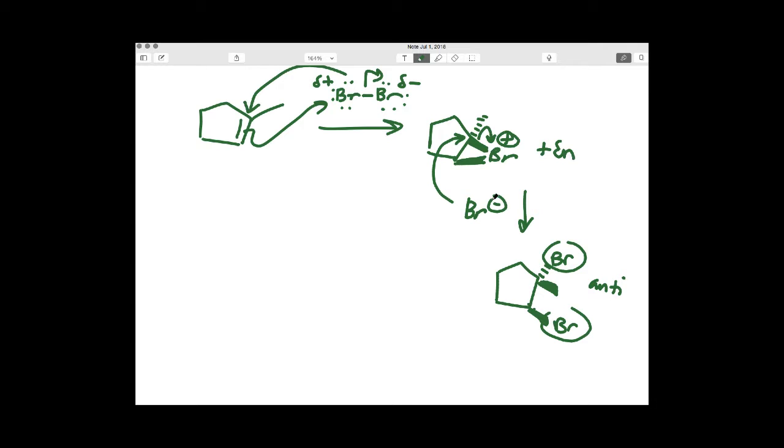It's Markovnikov in the sense that my addition is right here at the more substituted carbon. Considered Markovnikov, but it's an anti-addition in terms of these being trans to each other. Now this is what I expect if I have aprotic solvent. So aprotic solvent is just going to help stabilize all the charges but not get involved. If I had a protic solvent,